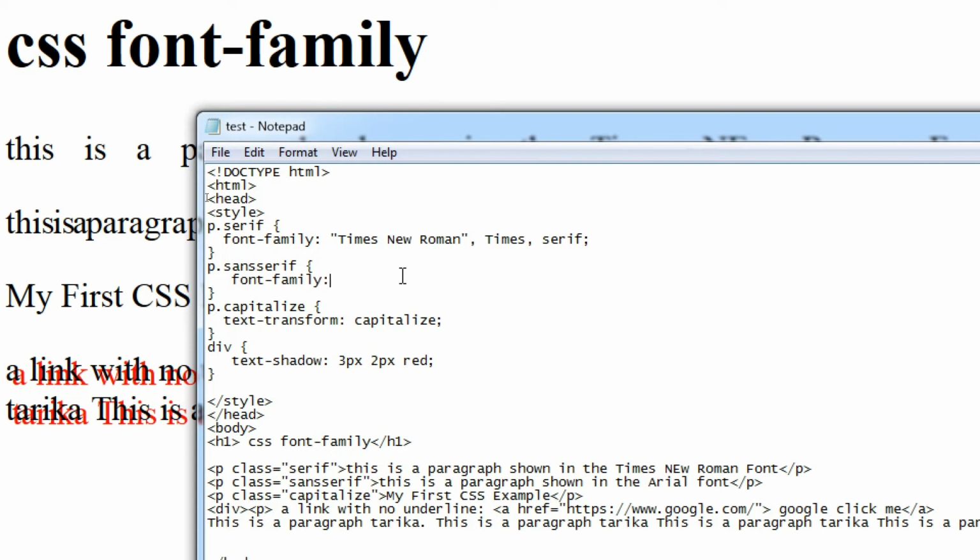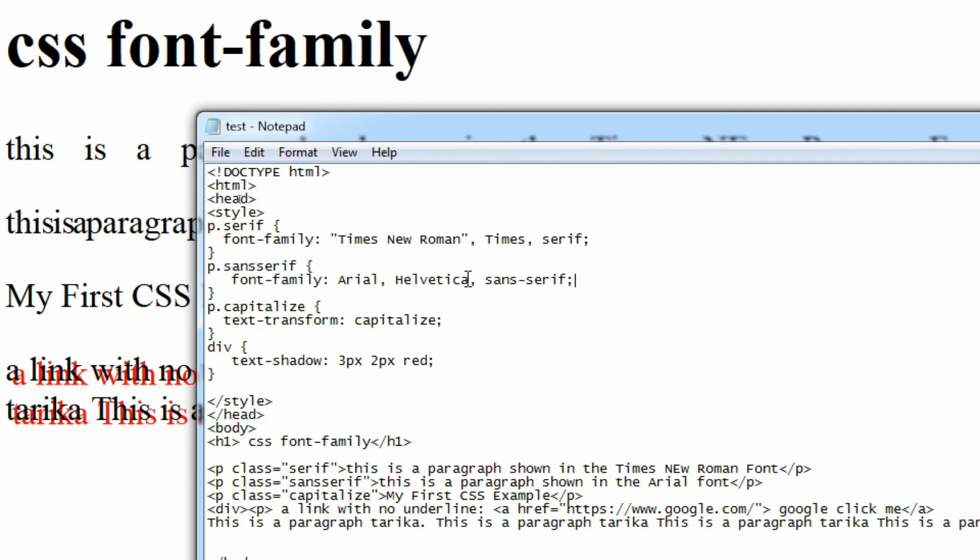Here I'm going to use Arial and Helvetica, with the E in capital, Helvetica. And next, these are all the font designs, you can google it, sans-serif and comma.